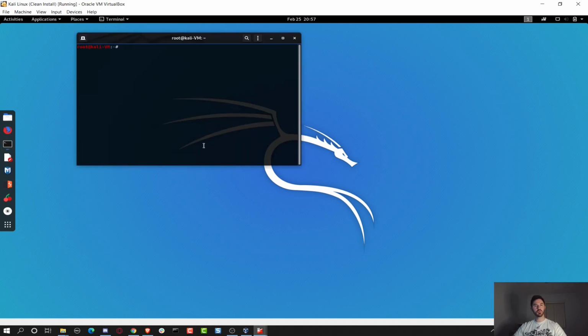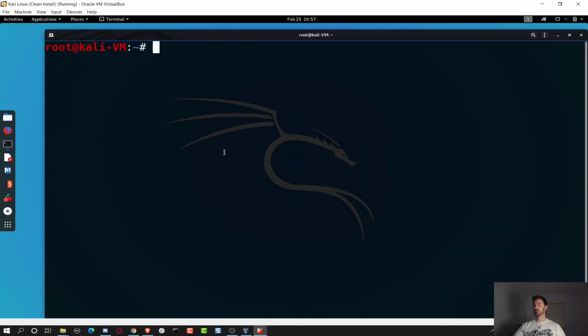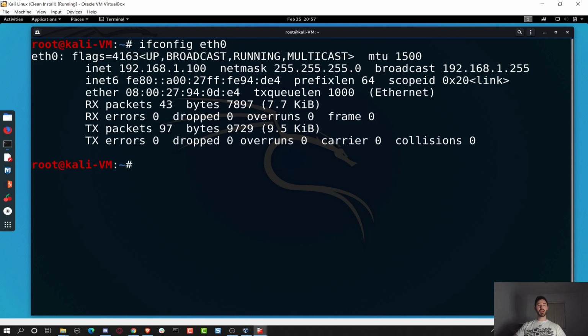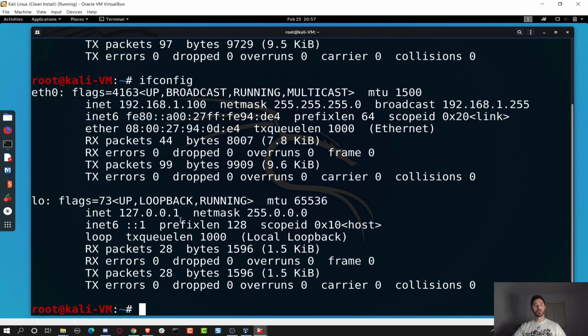So what I'm going to do is open up the command shell or the terminal, and I'm going to do an ifconfig eth0, which is going to give me my IP address for the interface. If you just do an ifconfig, it'll give you all the interfaces, but I was only worried about eth0. So I do have an IP address on the same subnet as my pfSense,